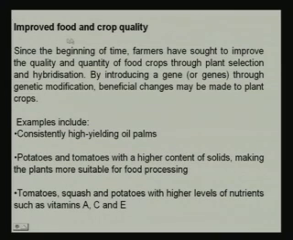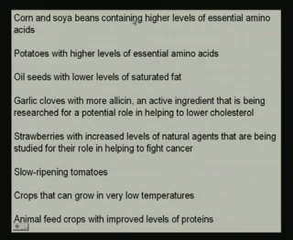Now, what are the improved foods which are already available with us? By introducing a gene through genetic modification, beneficial changes have already been made in some of the crops, which include consistently high yielding oil palm, potatoes and tomatoes with a higher content of solids, making the plant more suitable for food processing, tomatoes or squash and potatoes with high levels of nutrients such as vitamin A, C and E are already available. Corn and soybeans containing high levels of essential amino acids, potatoes with higher levels of essential amino acids,